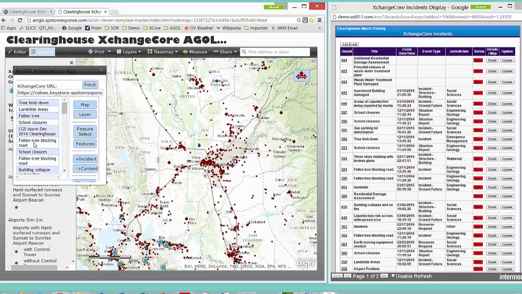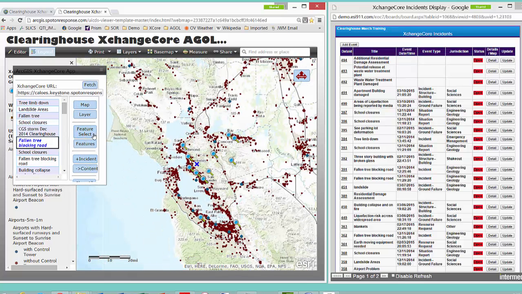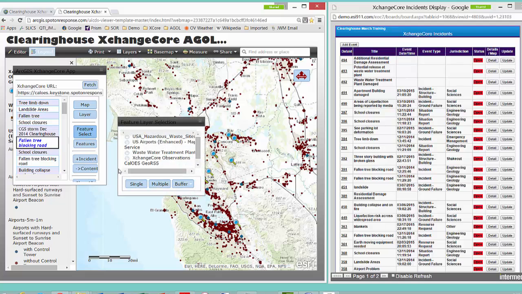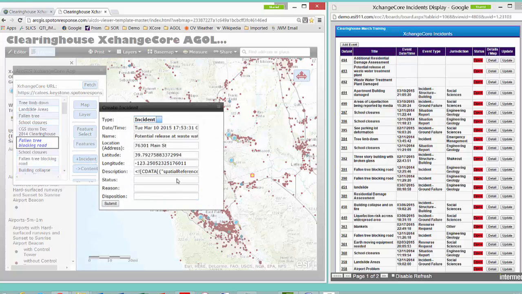I'm going to pick any one of those and select a feature. I'm going to call these U.S. hazardous waste sites, and I want one of those to show up, and I'm going to pick that one right there. Great. Let's add that as an incident. Here you get, that's interesting. Here you get,